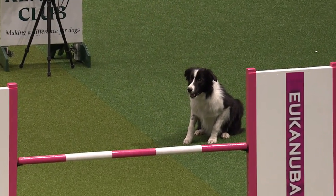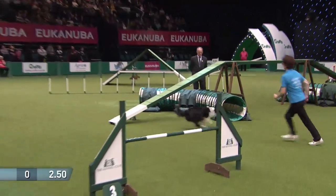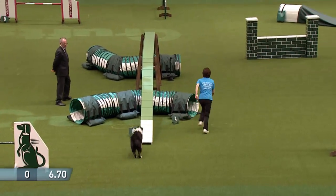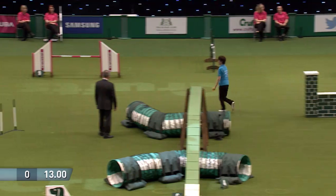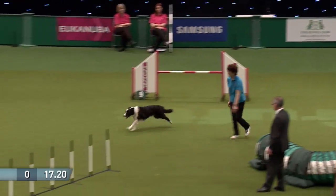Tends to drift into his own little world, does Dipper. Can't afford to do that here on the supreme stage that is Crufts 2014. Absolutely, and you can see here that June has a very quiet way of handling, and she's just taking things easy. They just want to put a clear round on the...